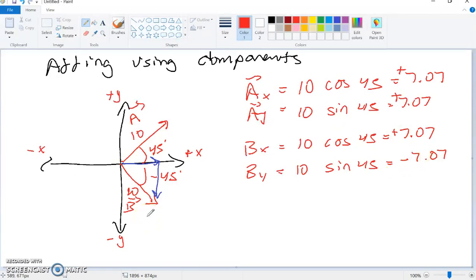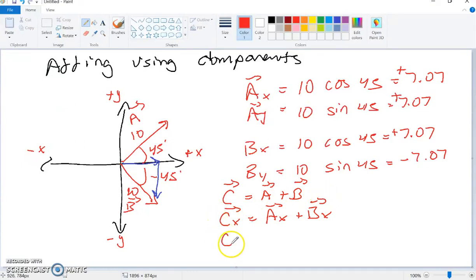So we might say, oh, well, C is equal to A plus B. And if that's true, then CX should equal AX plus BX. This is all in vector talk, vector math, right? And CY is equal to AY plus BY. So let's just do this out. AX, we know,